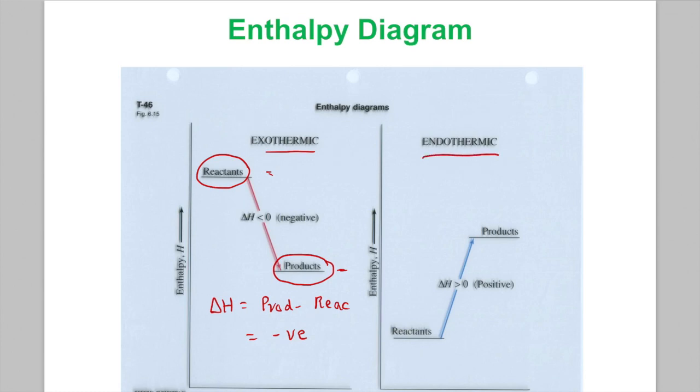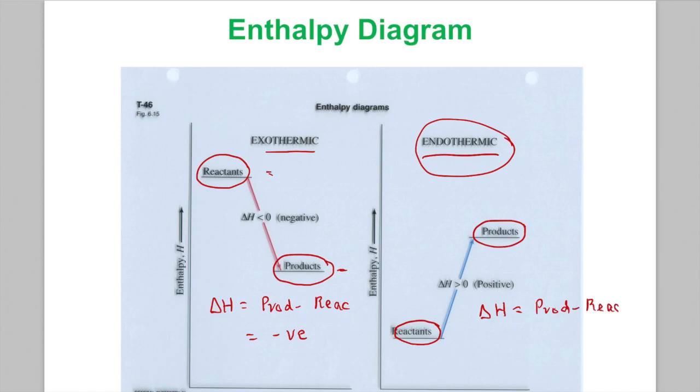In an endothermic, you see the opposite. You see that the reactants are here at a lower energy and the products are at a higher one, because as the reaction proceeds, those products are gaining energy or gaining heat, and so they're absorbing it, and they end up being endothermic. So you need to be able to look at some of these graphs and also determine exo versus endo. If you looked at it just mathematically, again, this is a very simplified version, but products minus reactants, you would have a larger number minus a smaller number, and you would end up with a positive delta H,